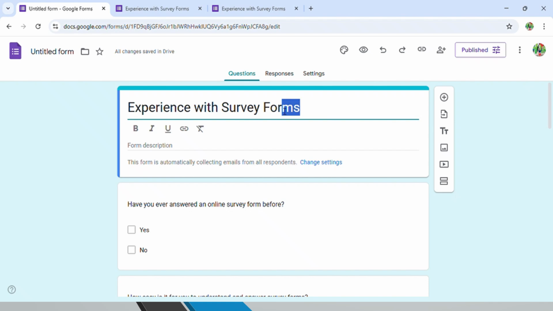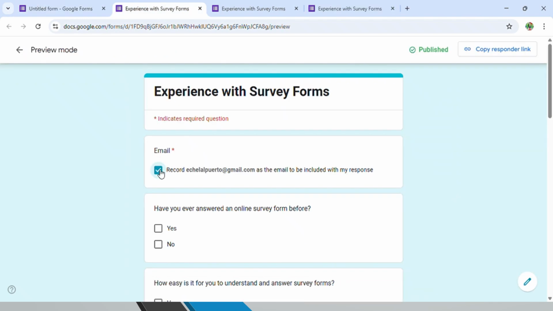Just click this preview, this one. So this is the link that will appear. So as you can see, it's already published. Then it indicates required questions. Just click this.